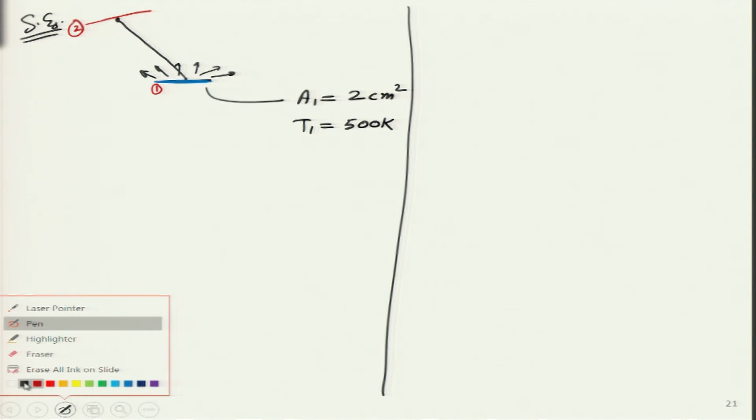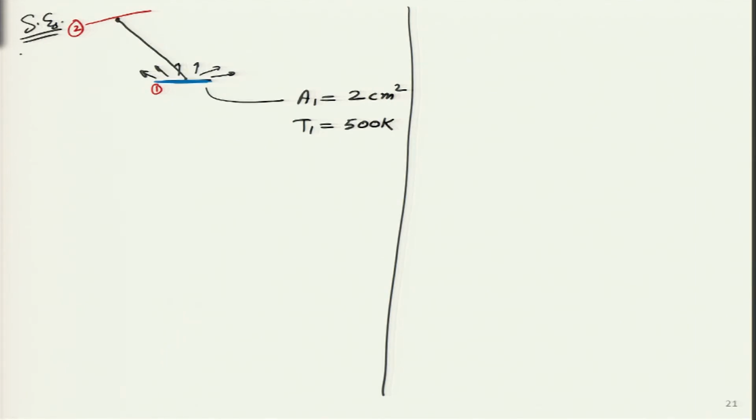And I know some values about surface 2 as well, and I know its area. It is even smaller than surface 1. So, its area is 1 centimeter square. And the other things that I know are both the angles over here. So, I have the first angle over here, this is theta 1. Theta 1 value I know is about 30 degrees, and there is another angle over here which is theta 2, and theta 2 value also I know is 20 degrees.